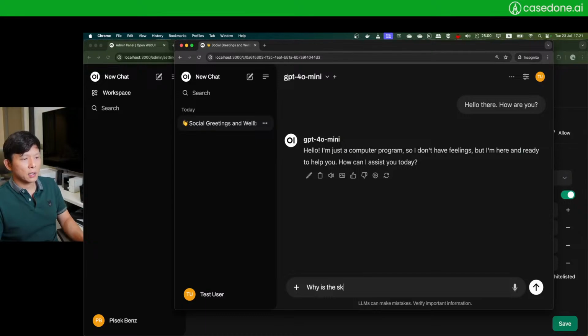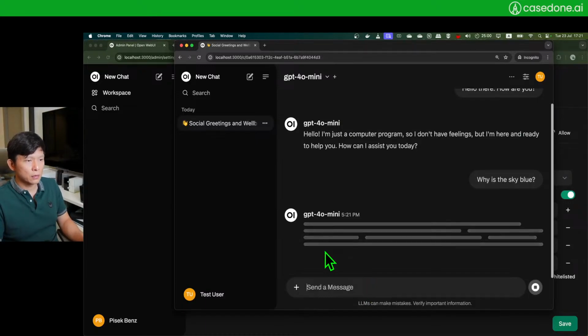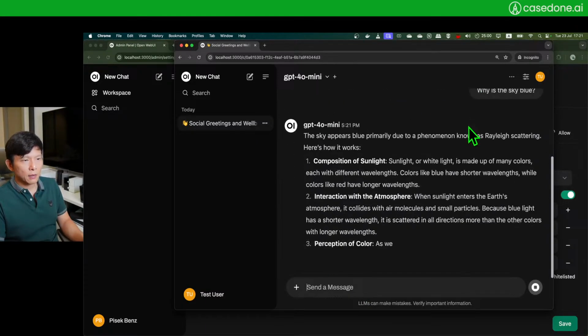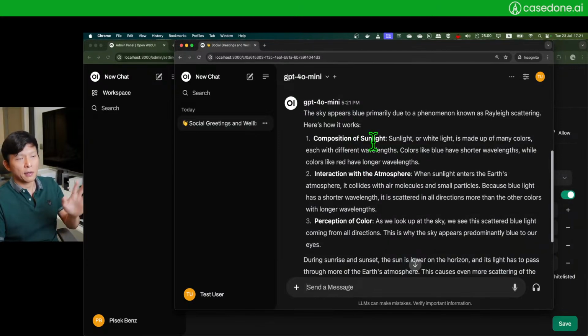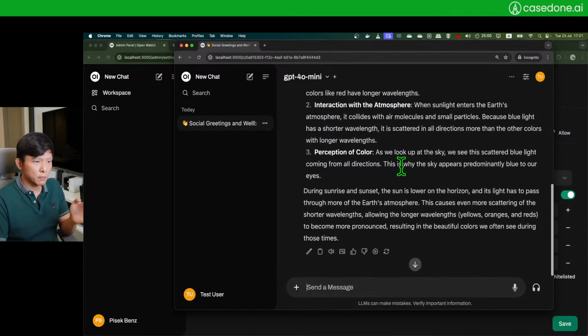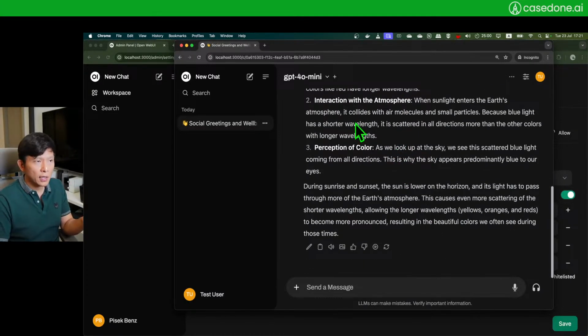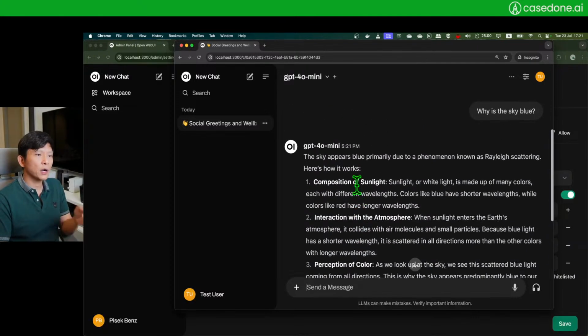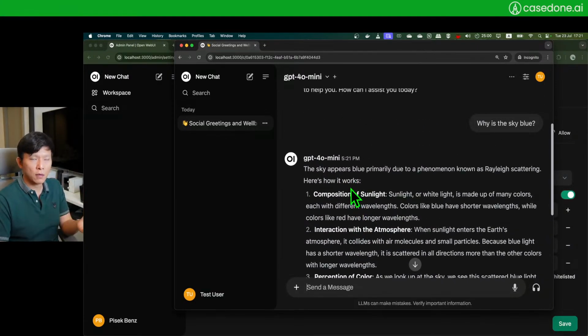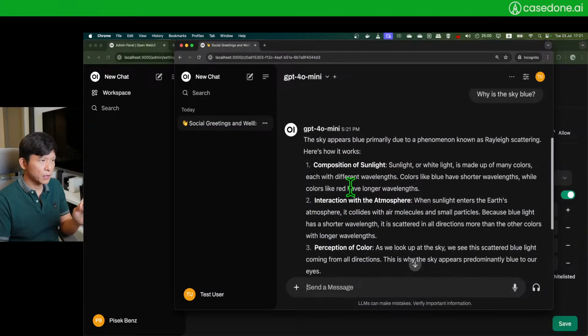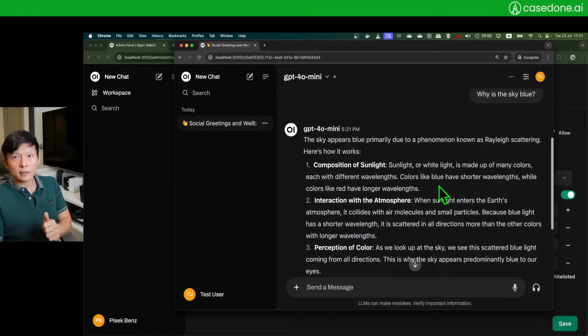Why is the sky blue? Blah blah blah. Okay, blah blah. This is the explanation of why the sky is blue from the knowledge that the model should have. So again, this doesn't prevent hallucination, right? Hallucination kicks in if we don't have grounding, pretty much a document that the model should know, should base its answer from. So let's take a look at